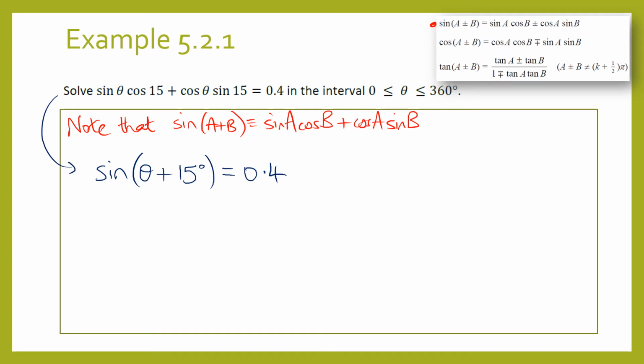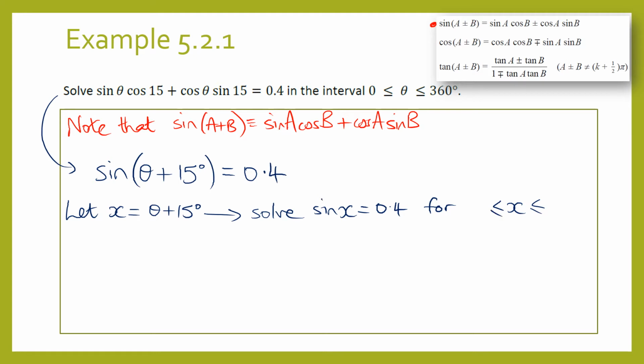Instead of having two different angles and also two different trig functions, sine and cos, we've now just got one trig function, which is sine. So we're going to do a little substitution. I'm going to let x equal theta plus 15 degrees, and now I'm going to solve sine of x equals 0.4 for x values between,